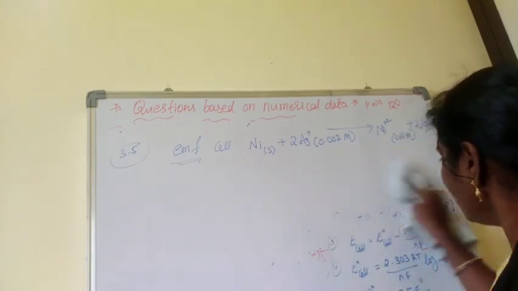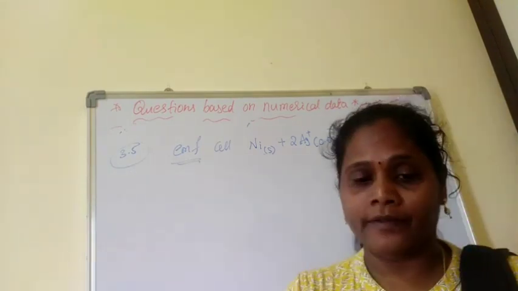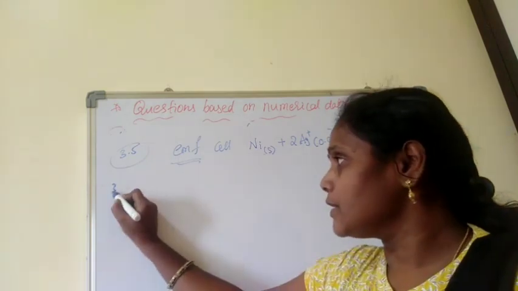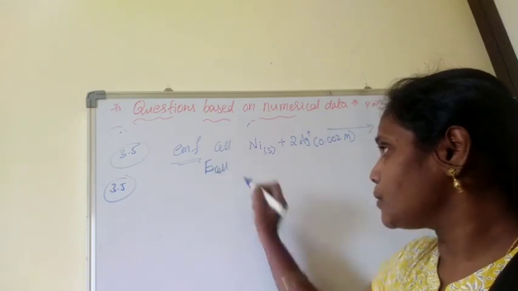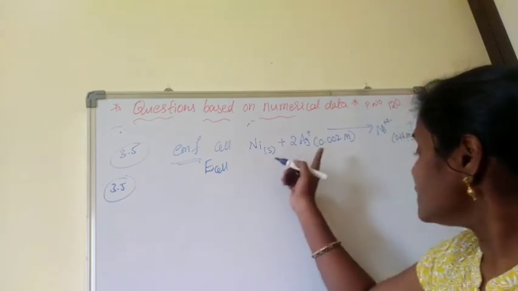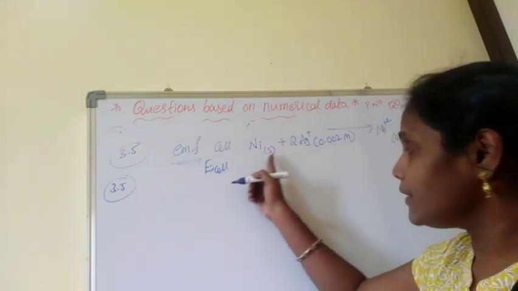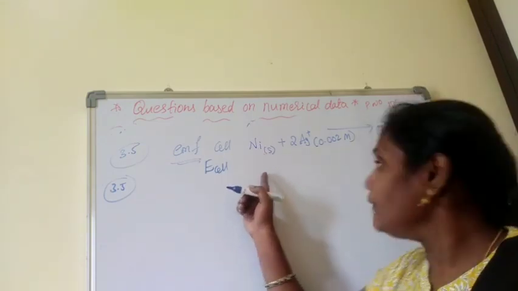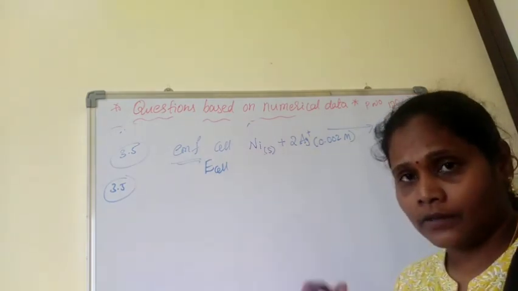Okay. So if we move to the problems, 3.5 and 3.6 are the same kind of question. They are asking us to calculate the EMF of the cell, nothing but my E cell. So E cell means which formula? The Nernst equation, right? I have to write the Nernst equation for this reaction first. He has given the reaction, so we will identify what is anode and cathode, and they have also given the concentrations. Then it will be easy to substitute in our formula.